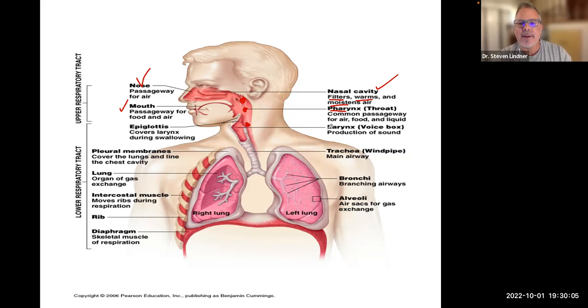So here's the larynx. The larynx is involved in producing sound. We would call it the voice box, where we have true and false vocal folds. Then we have this cartilage right here called the epiglottis. It's pretty elastic. And the purpose of the epiglottis is that when you're swallowing food, we don't want food